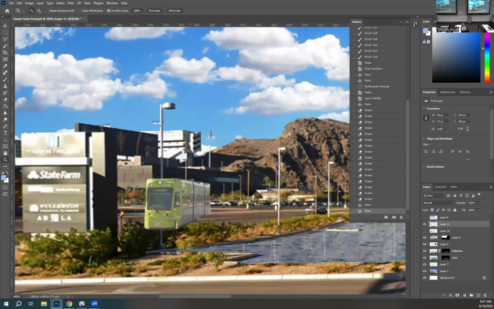The streetcar is sort of floating on its side in this image. So I'm going to take my marquee tool. I'm going to grab about where it starts to curve, which I'm seeing is maybe right about here. Then Control T for the transform tool. I'm going to grab this middle piece, holding down the control button, just shift that down and stretch it up a little bit, since it's a big blocky square, so it should be